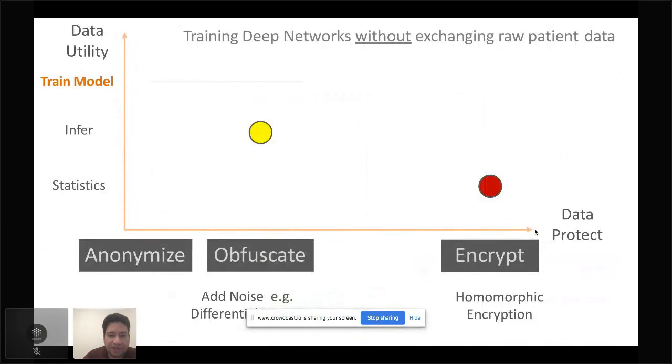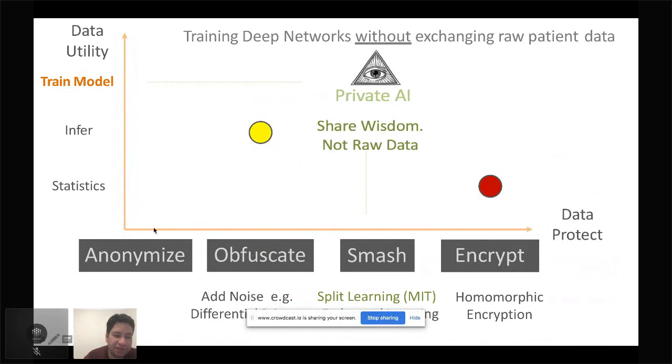Moving on into split learning, what else is out there? So we got data anonymization. That is not a good idea because there have been leaks, not just at small firms, but really large firms that believed anonymization is good enough and released data. One of the earlier examples was the Netflix challenge for recommendation systems, the $1 million prize. That was anonymized and released, but the privacy was revealed because people just joined it with a publicly available IMDb data set. So there are many examples of anonymization not being enough. It's a good pre-processing step, but it's not enough.